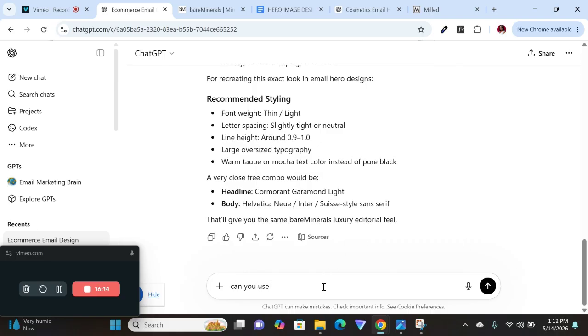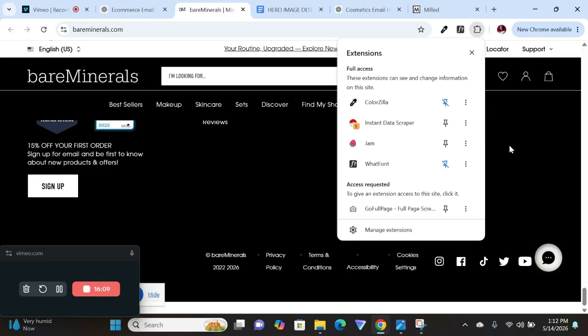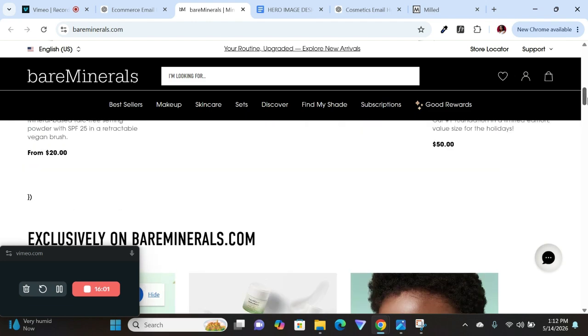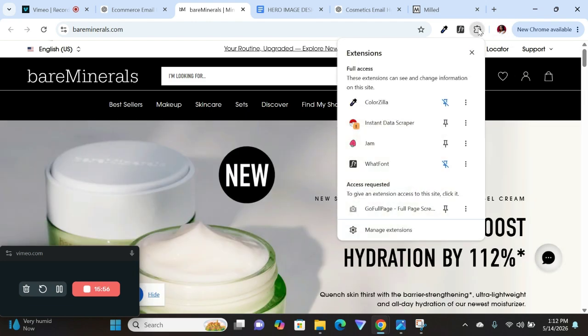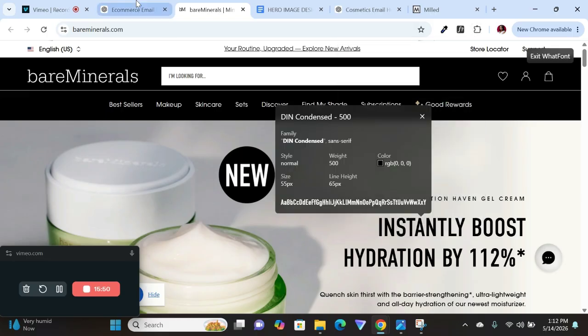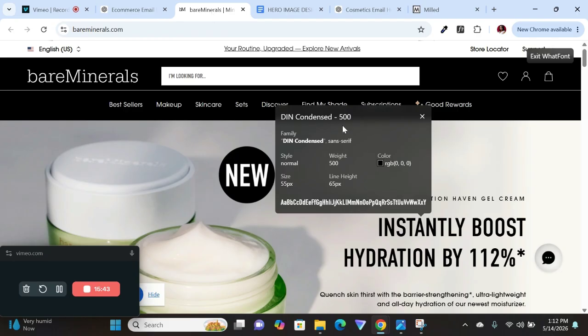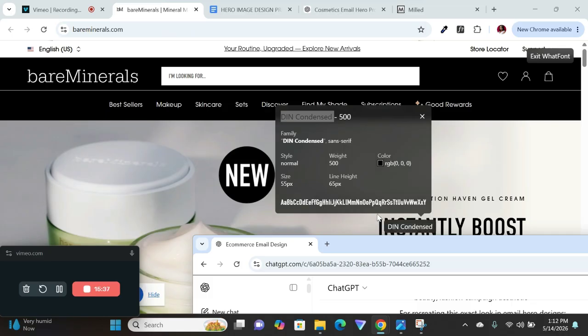Can you use, let's get that font again. What fonts? Sorry. Let's try it. Even these ones can work, I think. These fonts here. So what fonts? Now can you use Ctrl V? What's happening? I'm trying to copy this. You can also copy it from here. Can you use